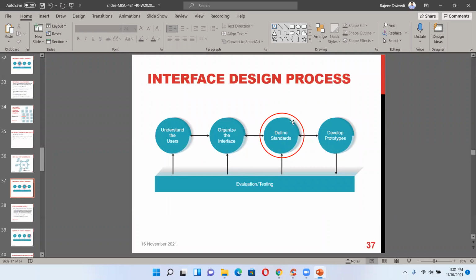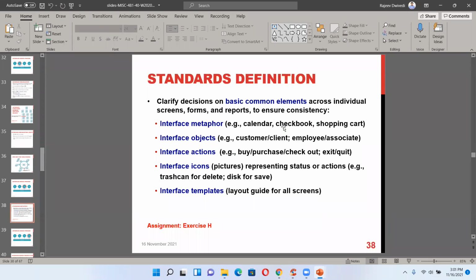So organize the interface, then define the standard. Standard definition is to clarify decisions on basic common elements across individual screens, forms, and reports to ensure consistency, which is very important here.